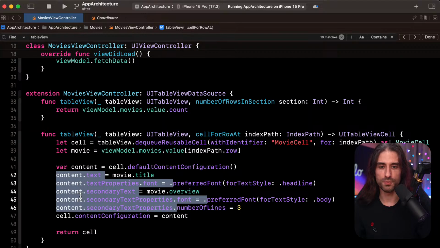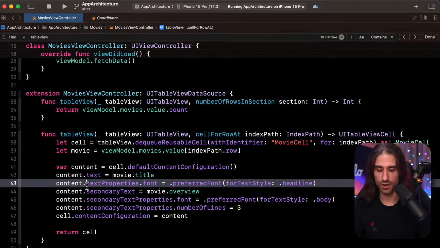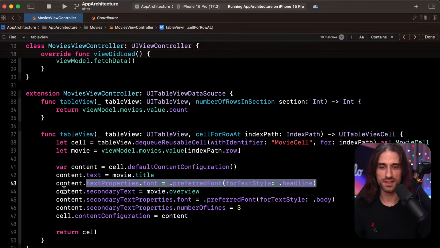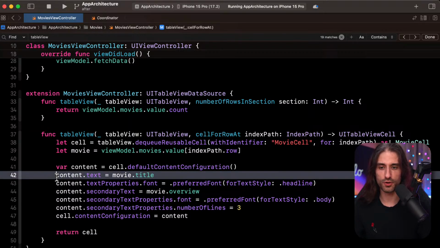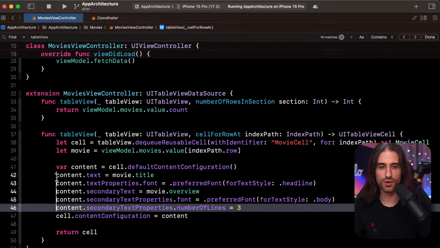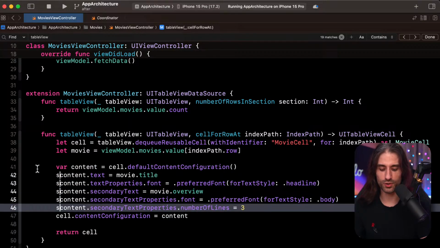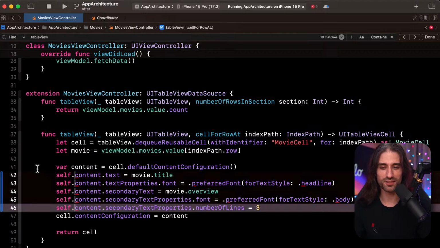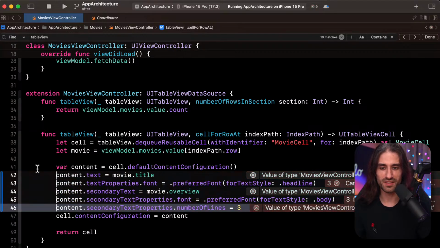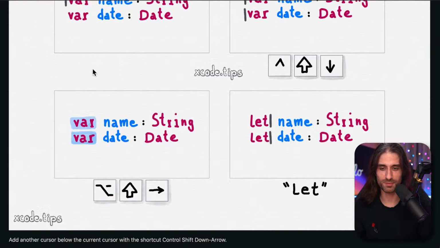But that's the standard behavior of Control, Option or Alt, and Command when selecting stuff. They already behave that way independently of multiple cursors. But multiple cursors can be very useful when you need to edit a lot of lines together. They make you save some time, which is always nice. Plus, it always feels very satisfying when you make many changes together, all at once. It's a nice experience.